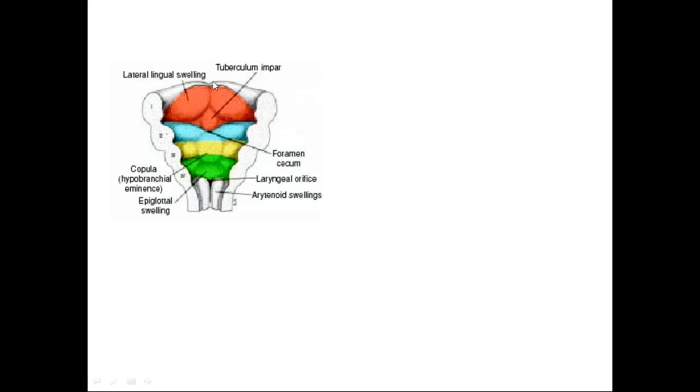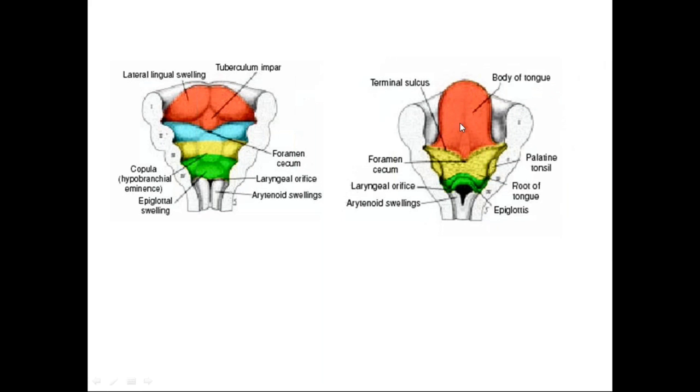So the anterior two-third of the tongue is formed from the two lateral lingual swellings and tuberculum impar. Posteriorly, it is formed from the cranial part, that is the copula of the hypobranchial eminence, and the posterior most part is formed from the hypobranchial eminence. So that's why this is the pre-sulcal part. This is the sulcus terminalis. So this is the post-sulcal or pharyngeal part. This is the oral part. This is the pharyngeal part. This is the root of the tongue, which is attached to the epiglottis by the folds, by the median glossoepiglottic fold and lateral glossoepiglottic fold. So that's all about the tongue.